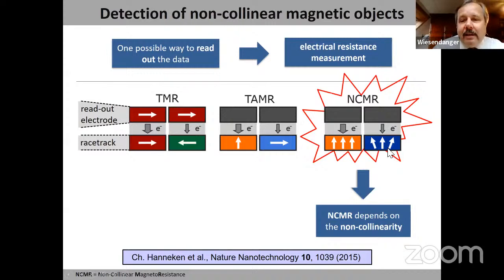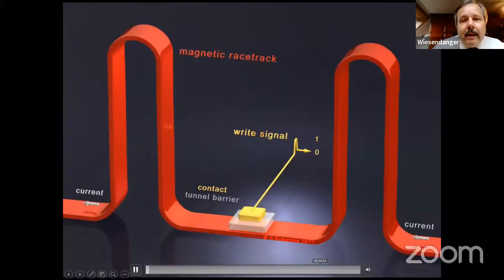This gives an effect in your even spin-averaged electronic structure, which you can probe. And so you can measure this also with a non-magnetic top layer. And that was discussed here in this paper. So what we could propose in the end is a new kind of device where we can create sequences of